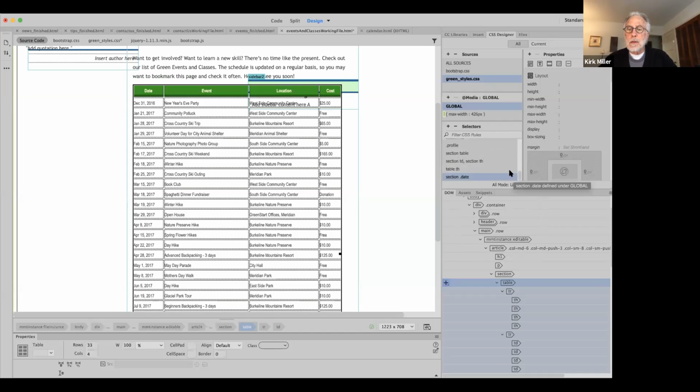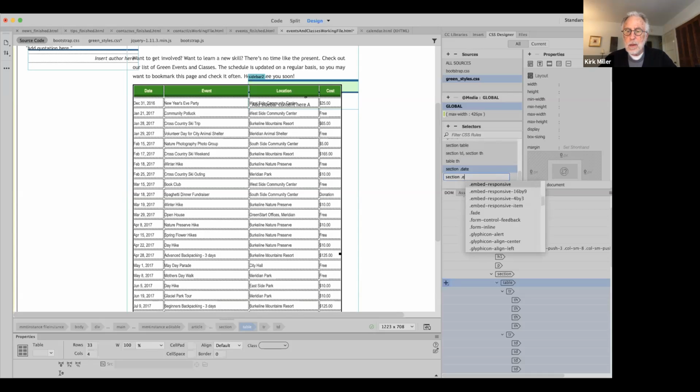Okay, and then we're going to create a brand new one. Create another one here. There we go. And this one's going to be section space dot event. Double hit the return. So that's been added. We'll add another selector, and this is going to be section space dot location. The dot creates a class, and it will be applied only to the